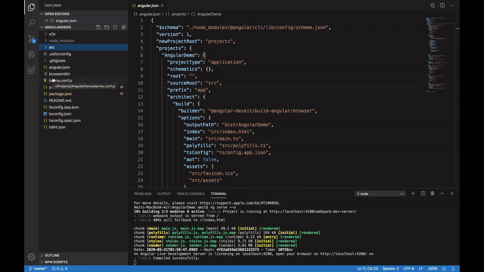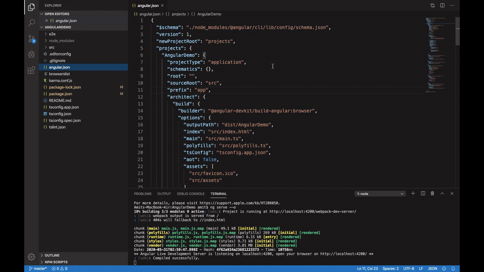If someone is talking about any configuration file, it will settle outside the source folder, in your main directory. All these are the configuration files of this application, needed for maintaining, documenting, testing, building as well as deploying the Angular application. We'll talk about all these files in much more detail in our next video. In today's video we'll discuss only this angular.json file. This is the main target for this video.